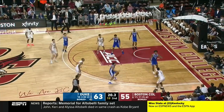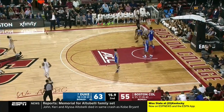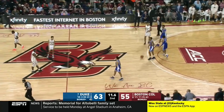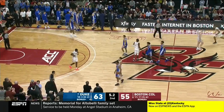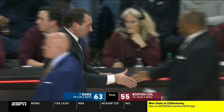Boston College needs a 3. That's been more the order of the night for both teams from behind the arc. And Duke was challenged. Boston College fought hard, but just not quite enough in terms of offensive firepower to pull off the upset. And the Blue Devils will head into a game at North Carolina, having won a couple on